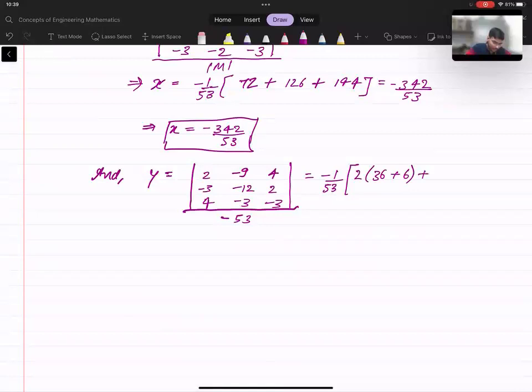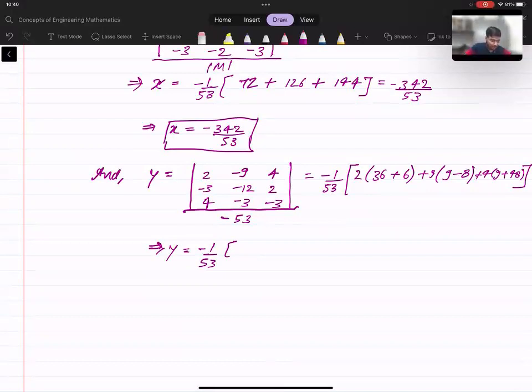And this will be plus 9 times 3 3s are 9 plus, and this is 8 minus 8, and this will be 4 into 9 plus 48. So upon calculating this, what we get is minus 1 over 53, and here we will have